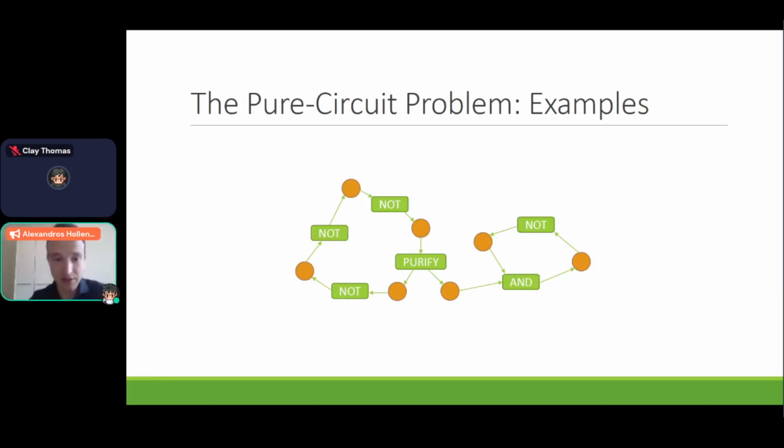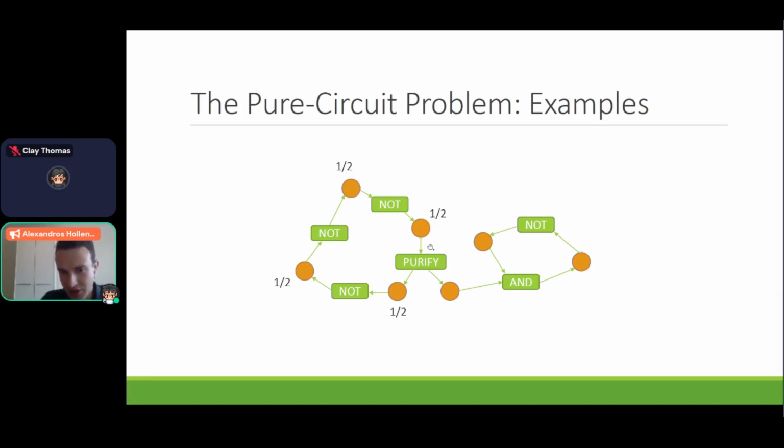So the last example I want to go over before I stop for questions is, I guess, a whole instance, a toy instance. So that has all the things that we need for the problem to be hard, like cycles, it has a purify gate, and I guess it's not completely trivial to solve. So if you look on the left here, you can see that essentially we have an odd cycle of NOT gates again, and that will essentially force us to put garbage bits on this cycle. So we'll have to put garbage bits, for example, 1/2, but I could put something else.